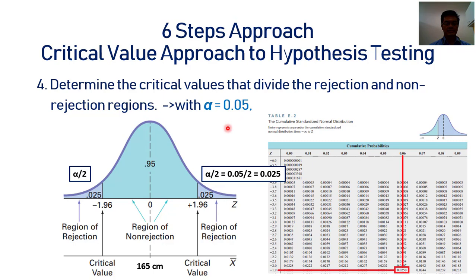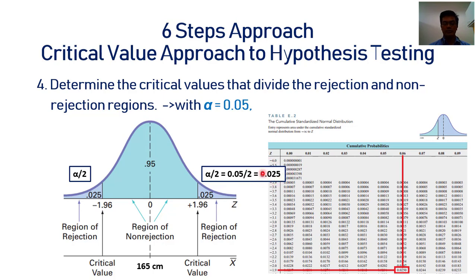Since the hypothesis claim is not directional, we must divide the error term into 2 directions. So the left side will be alpha divided by 2, also at the right side alpha divided by 2, which results as 0.025. And to find the critical value, we will use the cumulative standardized normal distribution table and look for the